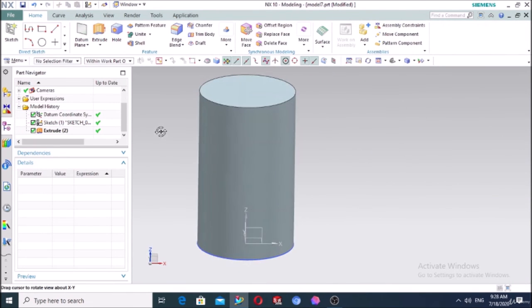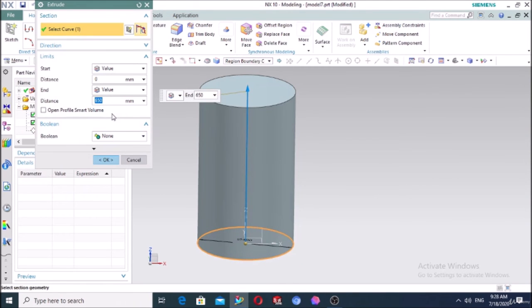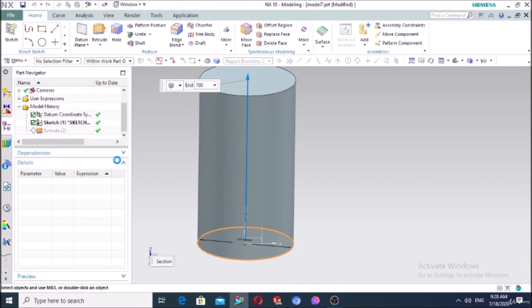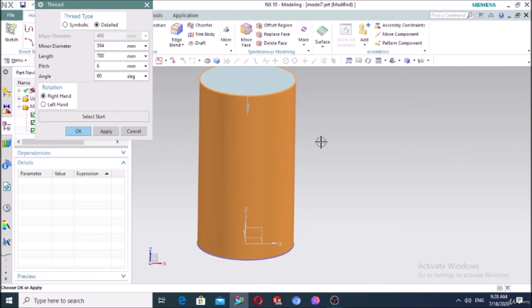Finish it, and also for the extrude, let's make it 700, and open the thread. Select this one. So you see it is the major diameter, which we drew for the circle, 400,